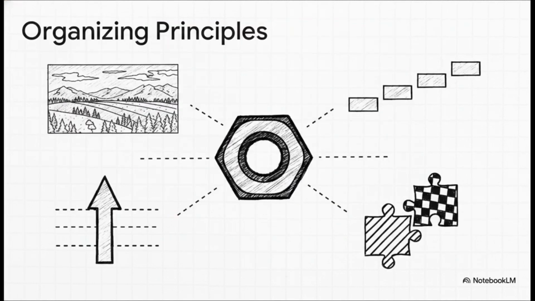Now, to maintain that structural integrity, you need to lock these 4 organizing principles right into your memory. First, scope. That's the overall breadth and depth of your content. Second, sequence. That's the chronological or thematic order you teach it in. Third, continuity. This is the vertical repetition of concepts across grade levels over time. And fourth, integration. This is the horizontal connection across different subjects, like linking a history lesson to a literature book.